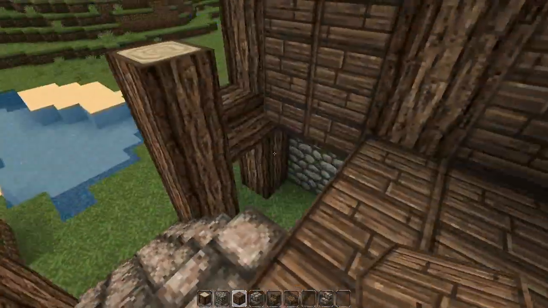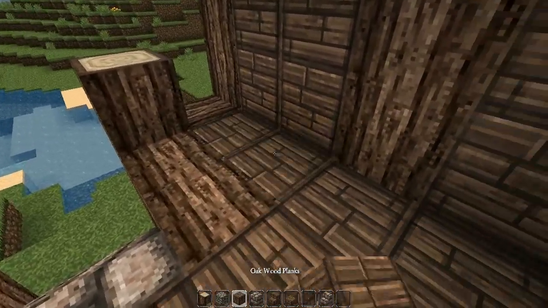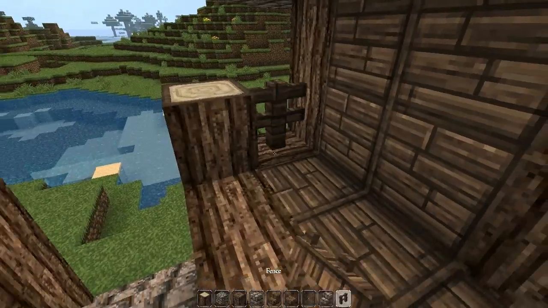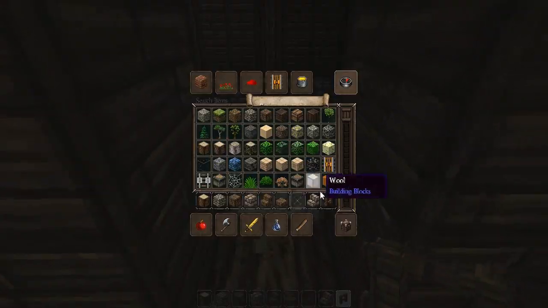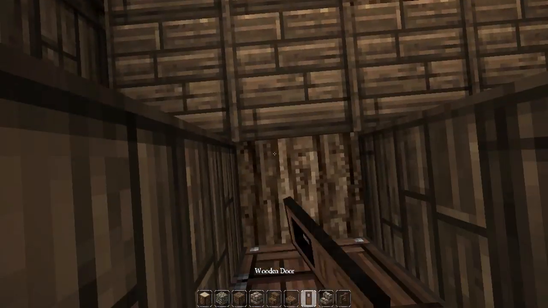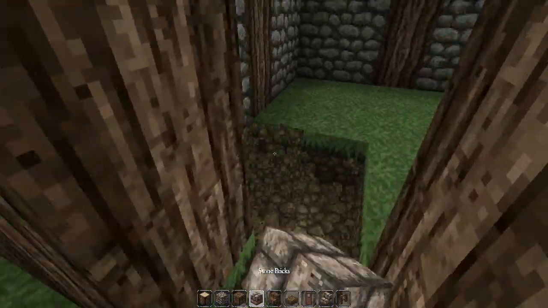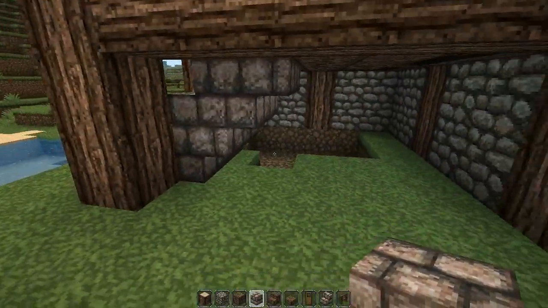So now we're just going to join all this together. We can use logs here if we want to. Just take our fence, place one here and two there, and then bring these along. And then here we can have our door, like so. Down here is where the shop attendant would stand, so we can just make a little